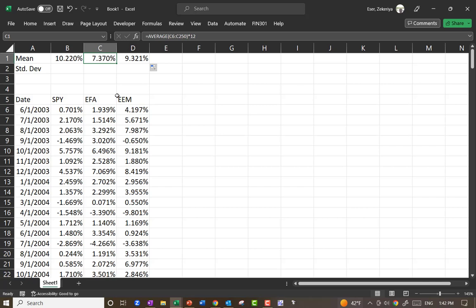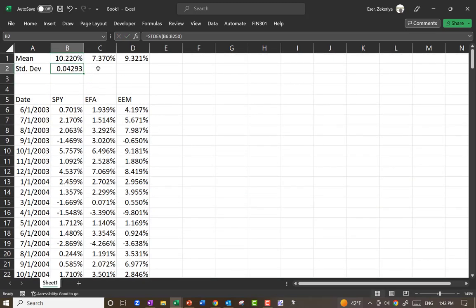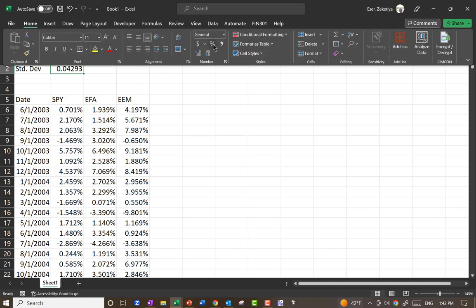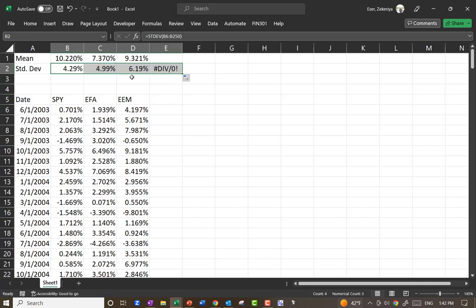You're probably thinking, why are we even having them in there? Let's look at the risk using standard deviation. I'm going to make that into percent. Turns out that the others are also riskier, but let's look at the correlations. Correlations between SPY, FA,